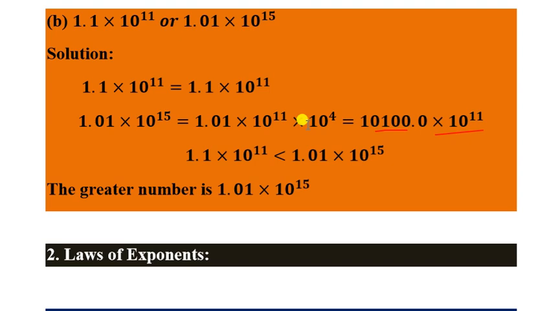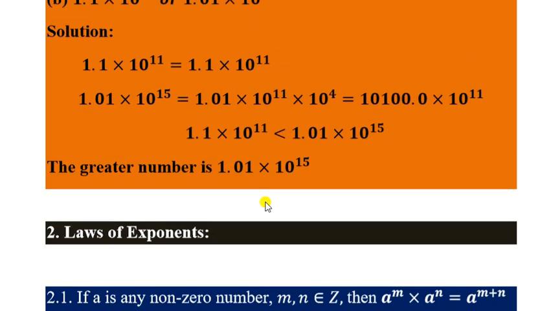Left to right side. Now easily I think you can compare, because this exponential form is 10 to the power 11, and here also 10 to the power 11, and here 1.1, and here is 10100.0. Which one is largest? I think this one is largest. That means 1.01 into 10 to the power 11 is largest. See, easily you can give greater sign or less sign, and you can find the greatest number also. So when 10 to the power any number is given to you, you have to solve it in this way. Many examples are given in your book, and in the exercise also you will get. So try to solve with the help of this.